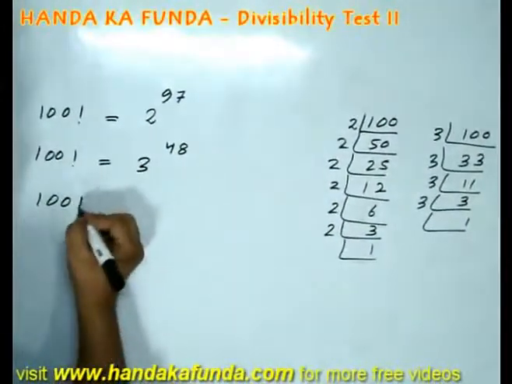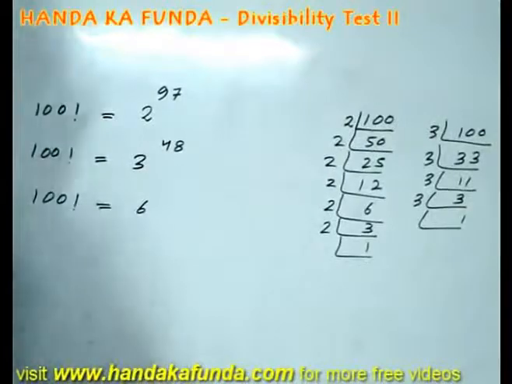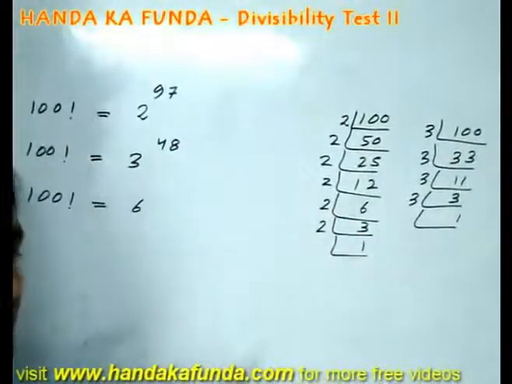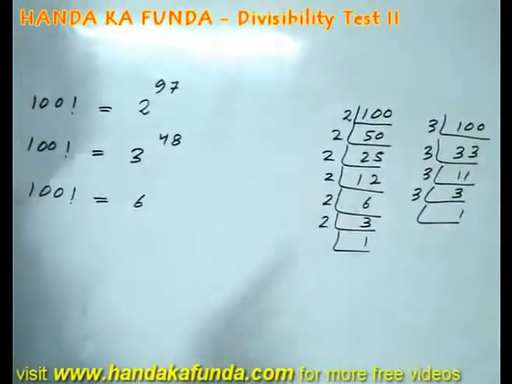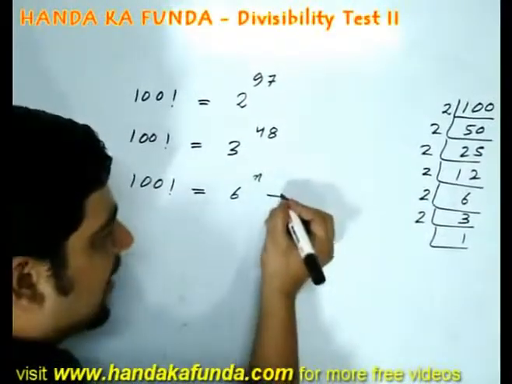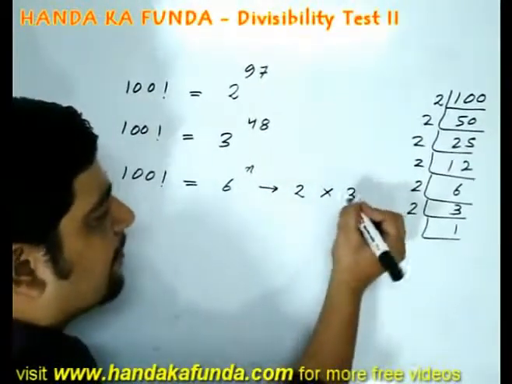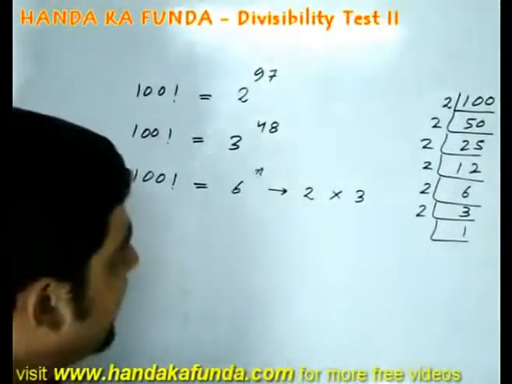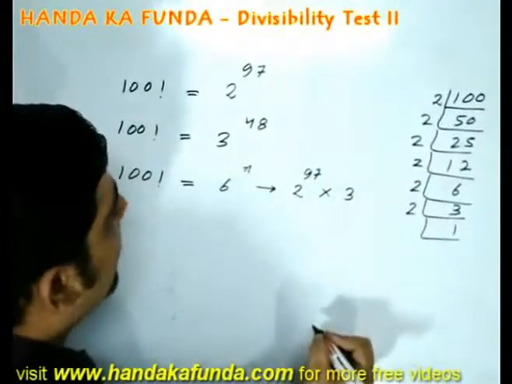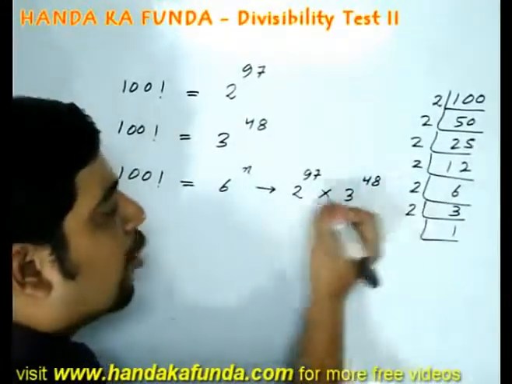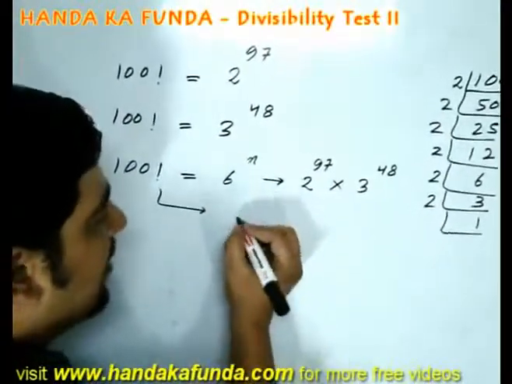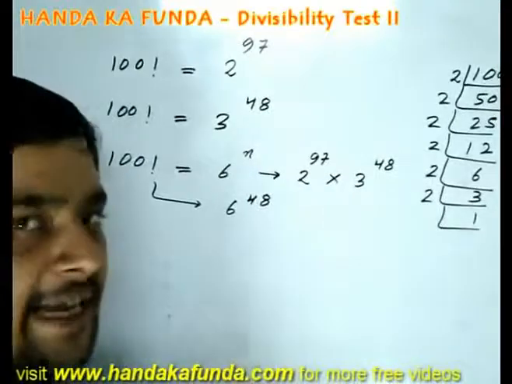What will be the highest power of 6 in 100 factorial? Please remember that just blindly dividing it, that method is valid only and only for the prime numbers. For finding out the highest power in something like 6, we need to break it into its co-prime factors, that is 2 and 3. Now I will look at the power of 2, which I know already is 97, power of 3 is 48. The lower of the two will be my answer. That means in 100 factorial, the highest power of 6 is going to be 48.